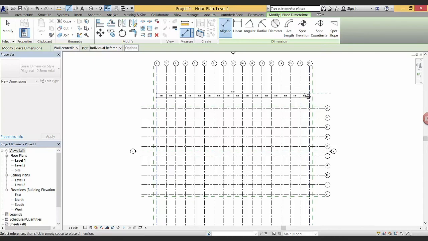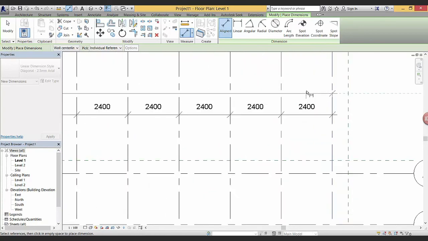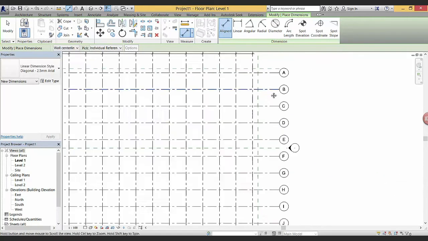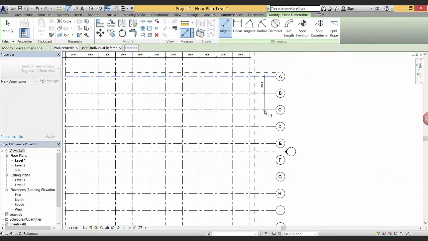You can always zoom while you're doing this. And then we do the same thing to the right here between the letter grids, 2.4 meters, and then from the first to the last.